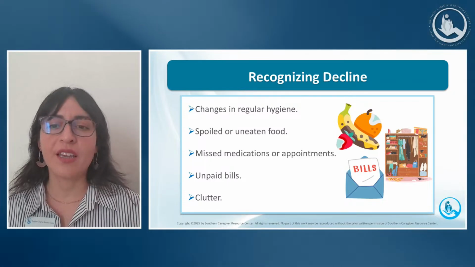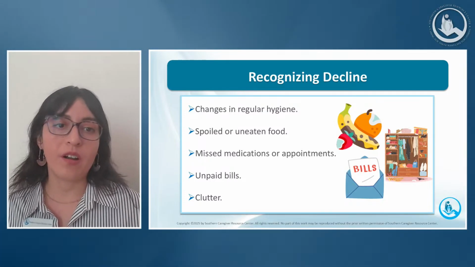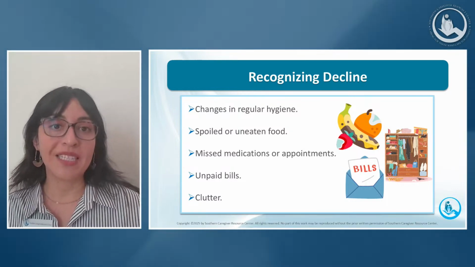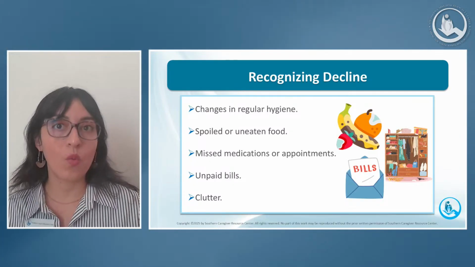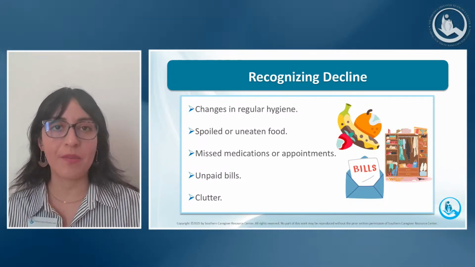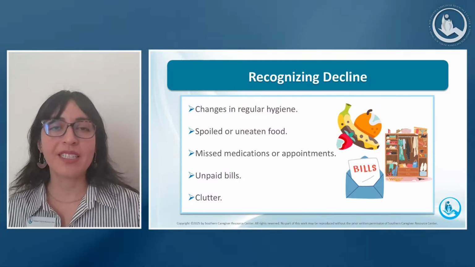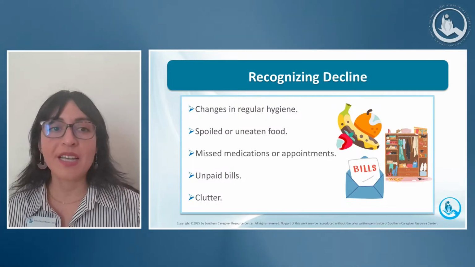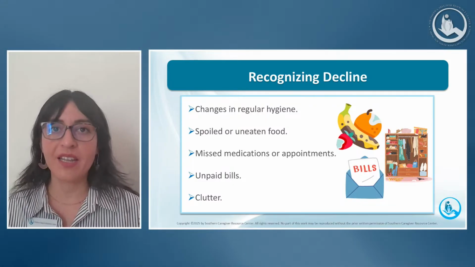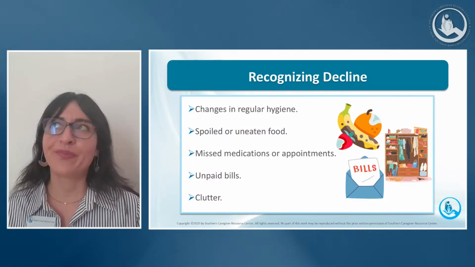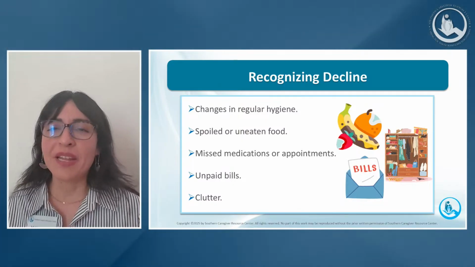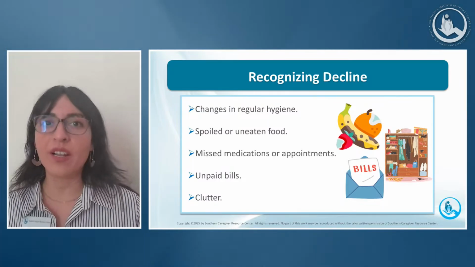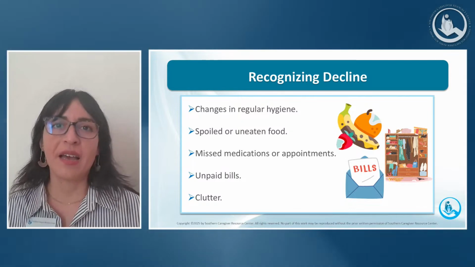We can also see, we know our family care receivers, right? And so we can figure out what their baseline is, and if they're not at baseline, what is going on? Is there decline happening? We can also recognize decline if, for example, there's spoiled or uneaten food. If it was someone who had a really healthy appetite, or maybe they ate bananas and left the oranges, but now they leave both oranges and bananas, right? What is going on? What are the changes?